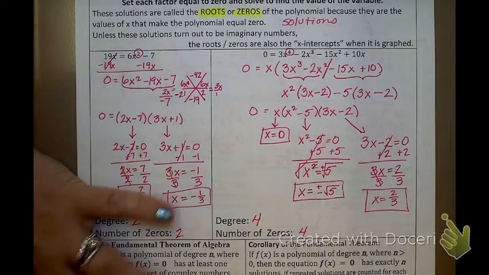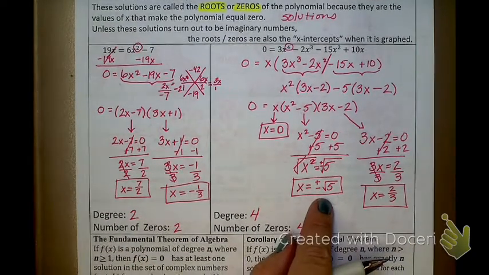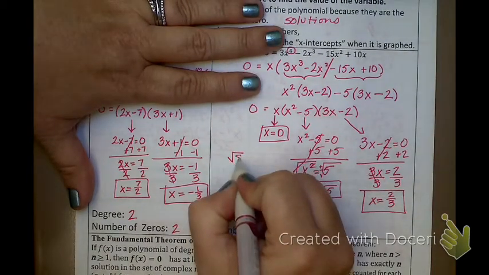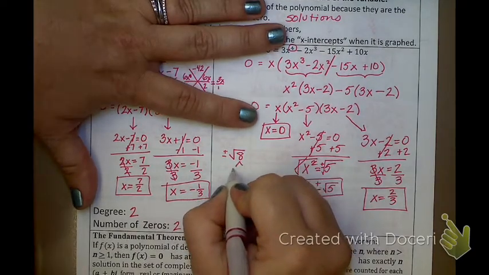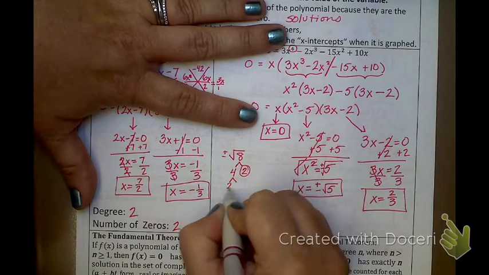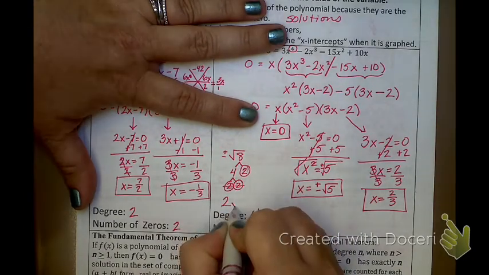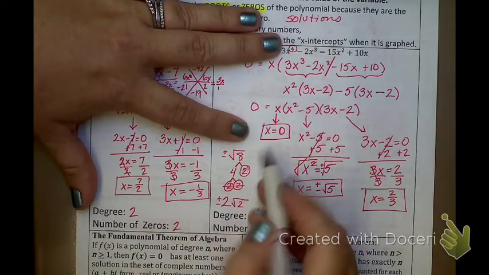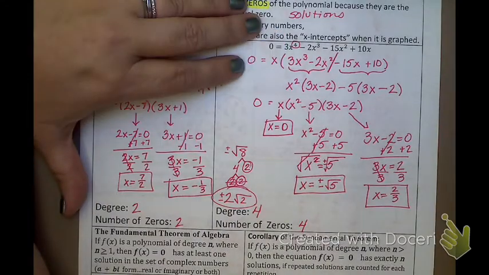Just make sure it's reduced. Totally fine to get a radical. If you can simplify a radical, do it. For example, if you get radical 8 as an answer, you would probably get plus or minus radical 8. Go ahead and do what you did probably last year in IM2 and simplify that radical. I see 2 2's, so I can take a 2 out. I have 1 2 left inside. So if you can simplify something like that, go ahead and get to that point right there and make it as simple as possible. Okay?